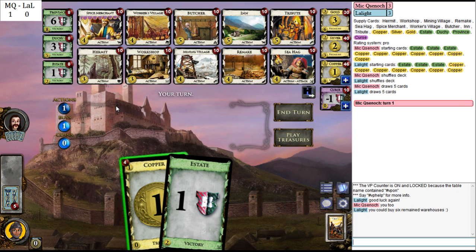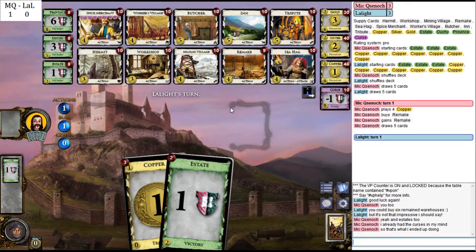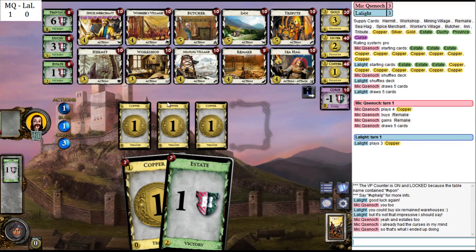I would just like to play a couple butchers a turn and have good money. Maybe Spice Merchant Hermit is better. I could see that for this kind of deck, actually. I don't know what that means, this kind of deck, but